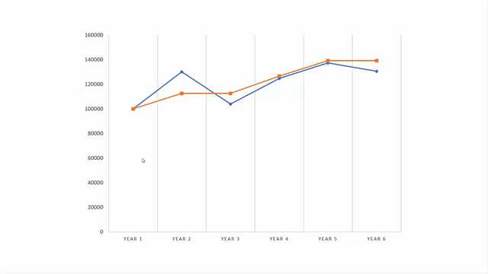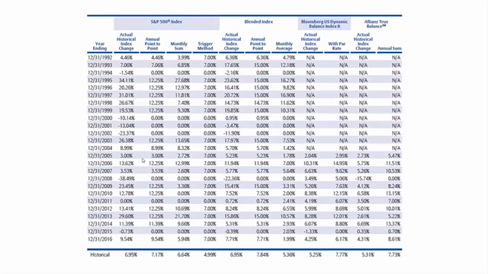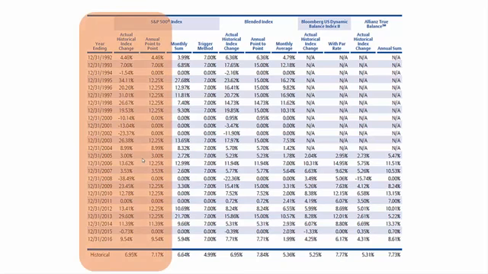I know that I'm oversimplifying this, but you have to understand the basics in order to move into some of the more complex products that are out there. So let's do one more thing. Let's look at an actual life insurance policy contract, and let's look at some of the returns for the last 25 years. Now you can see here that there are tons of different options on this chart. I want to make it real easy and just focus on the numbers on the left that I've highlighted there.